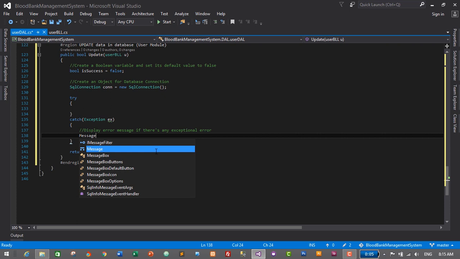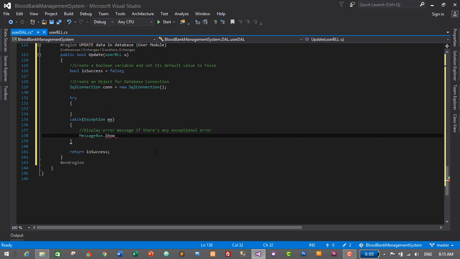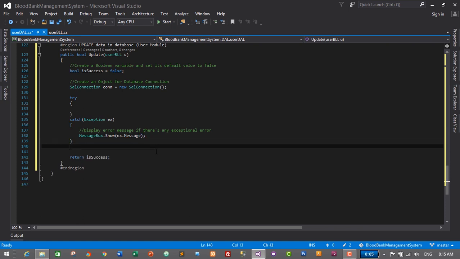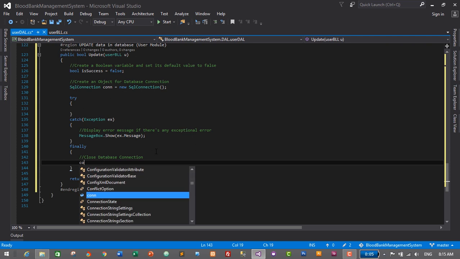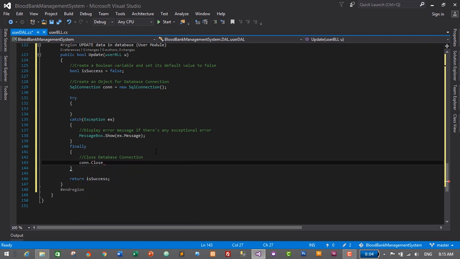So MessageBox.Show ex.Message. That's it. And finally we'll close the database connection. Finally close database connection. So connection.close,